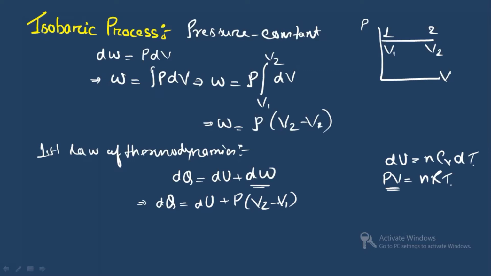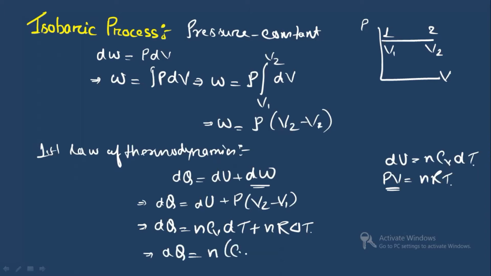V2 minus V1 is ultimately delta V. So you can write delta T. So if you write here dQ is equal to nCv dT plus this P and V will give you nR delta T. Right. So here you see delta T or dT both are the same thing. So you will get dQ is equal to n(Cv plus R)